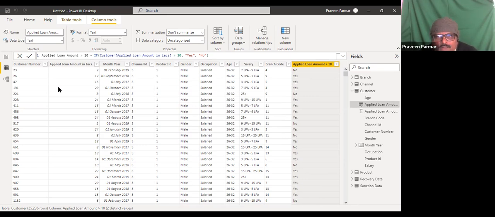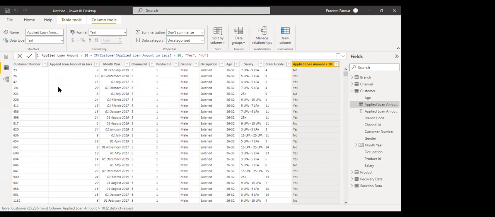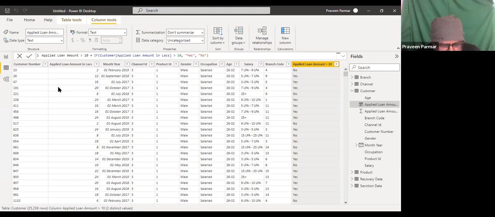Okay. So what I have done, I have clicked on the customer table on the left side on the three dots where I have selected the new column. As I selected the new column, I have got the DAX query, and I have given the name, and because I want the logical, so I use the if condition. Got it? Understand? Yes, sir. How to create a new column.